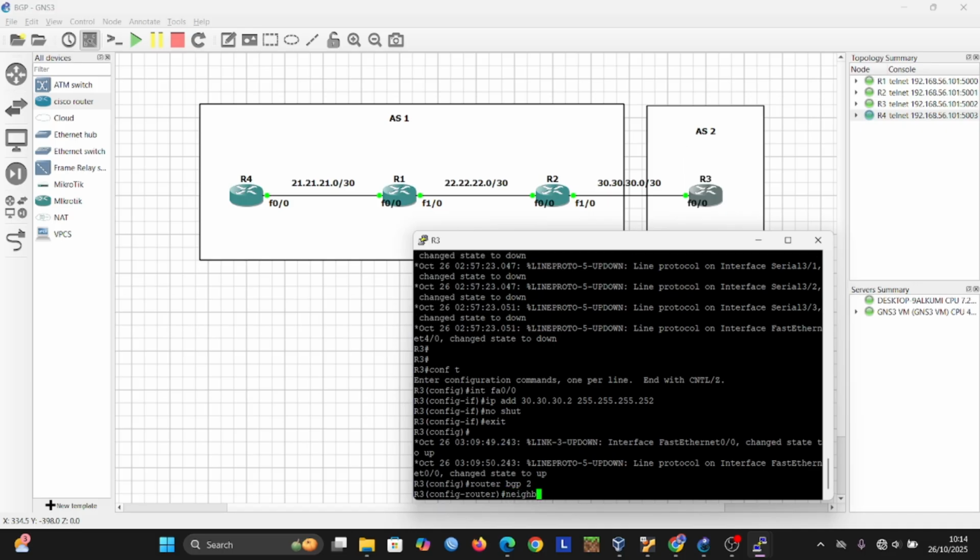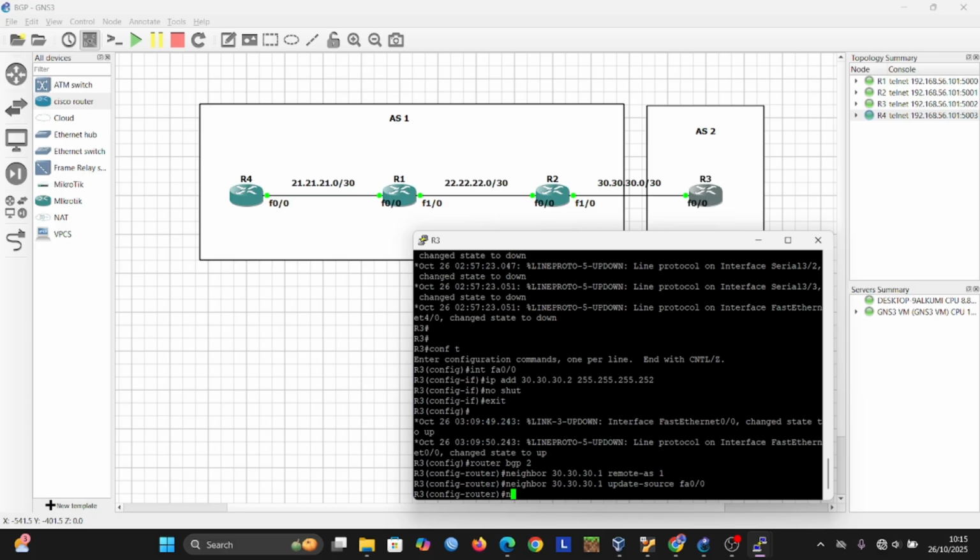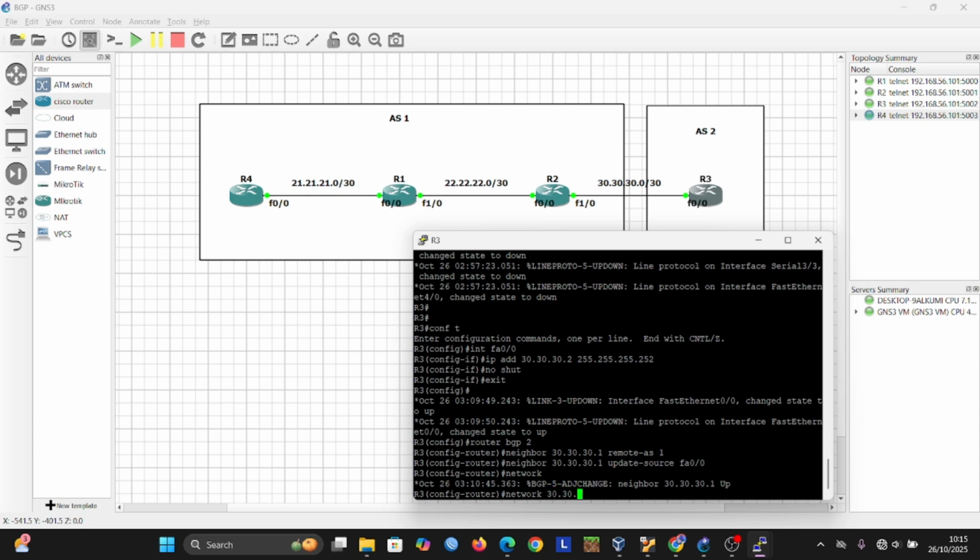BGP 2 neighbor, the same neighbor, the IP of router 2, with remote AS 1, because this interface is in area 1. Okay, update source is the interface, and the network and subnet mask.